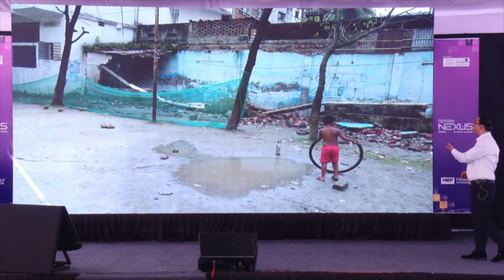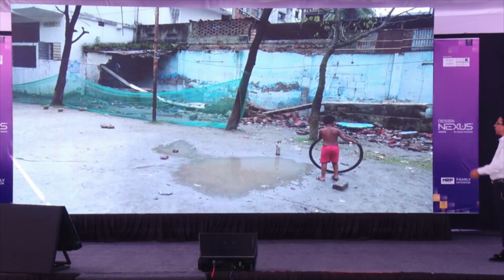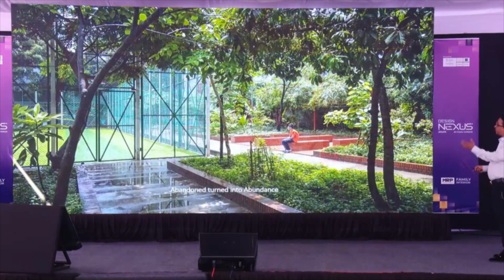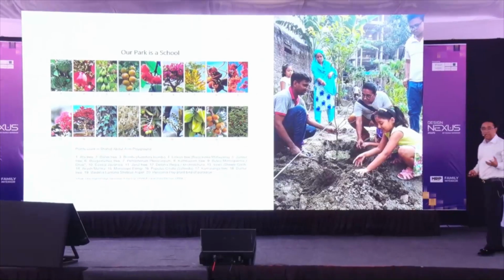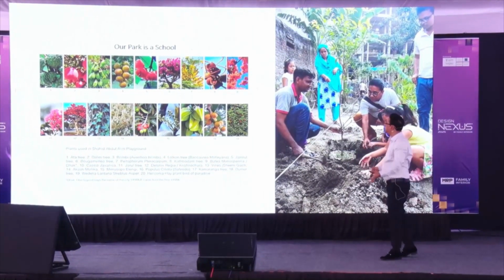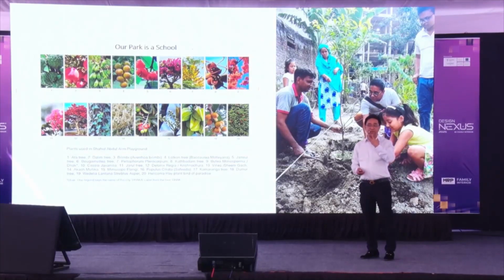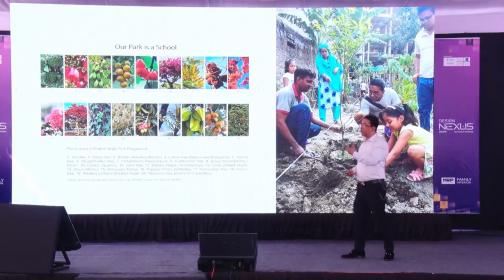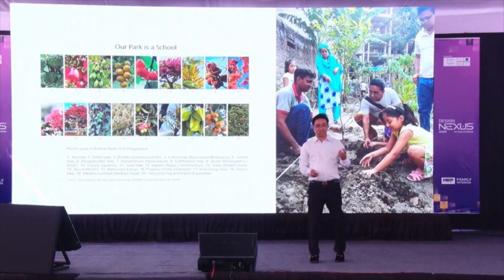And this is the old photograph, all the trees we kept as it is, and then it turned into this actually. Abundant turned into abundance. And here all the trees planted by the local children, and all are very simple, humble fruits basically. They can pluck, they can eat from there, all the children and birds can come, and also they can eat the food. So this is how the birds and children come together, and we call it, let the children run after butterflies, not drugs.